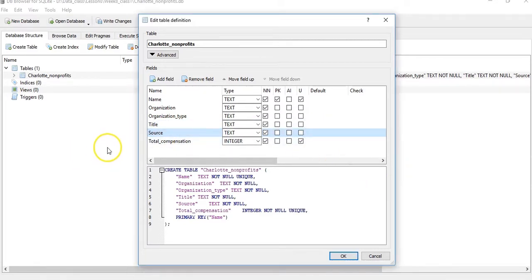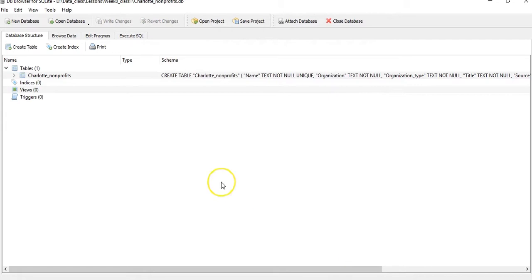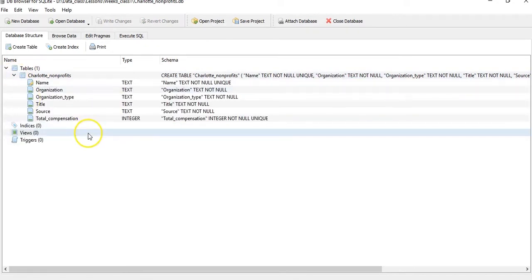So here are my fields and here are my formatting types: name, organization, organization type, title, source, total compensation. I believe that's correct. Now let's click enter. Now if we look at our table, you can see it's populated with the field names,